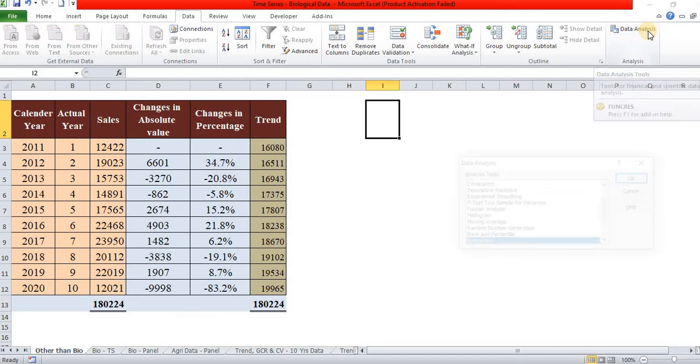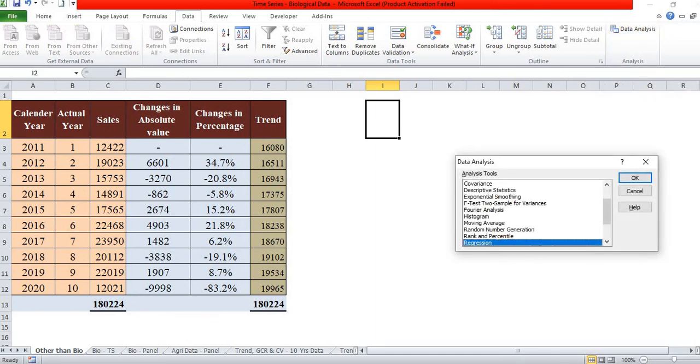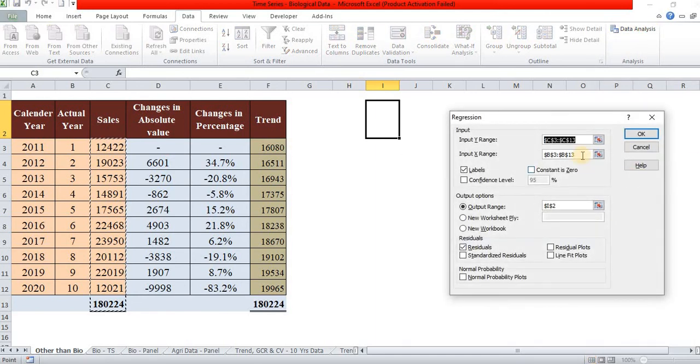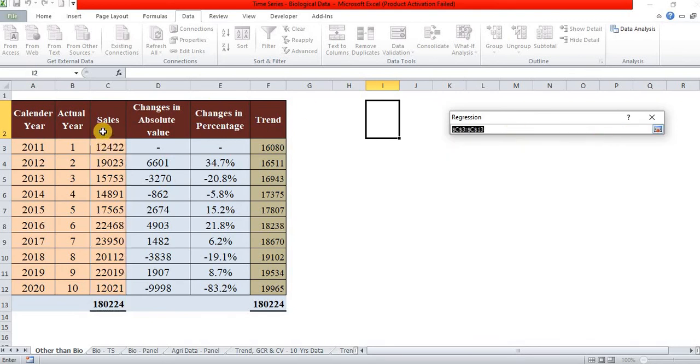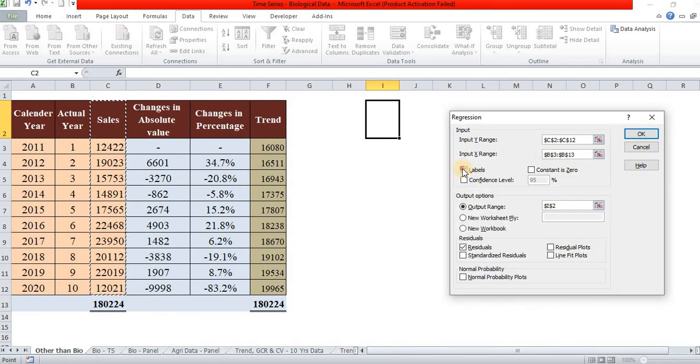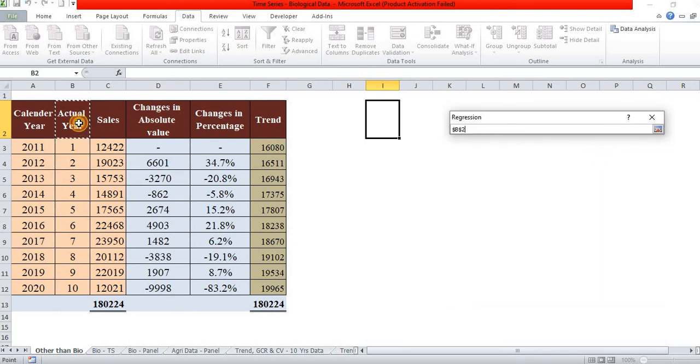So you click this, you select regression, click the sales range. We have to select this as sales. I have selected including the label. So I am ticking labels, and the X range is the time period, the actual year.